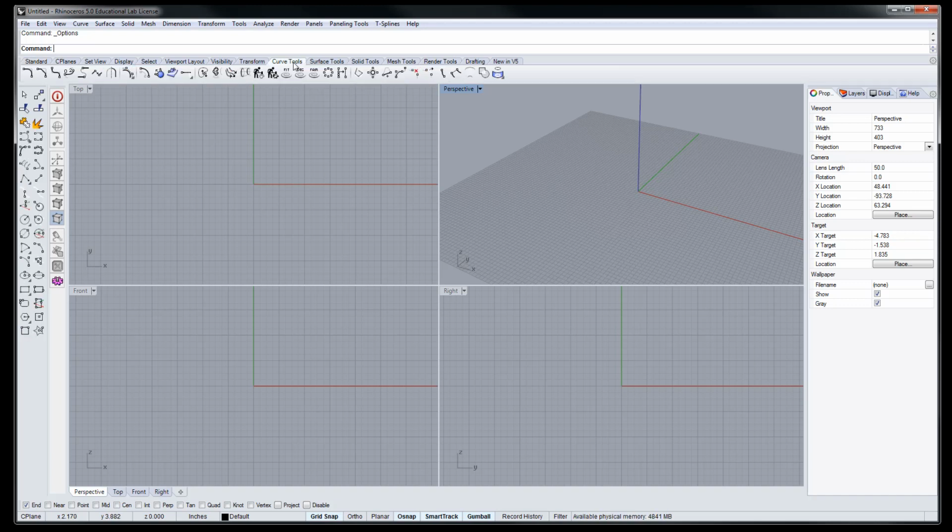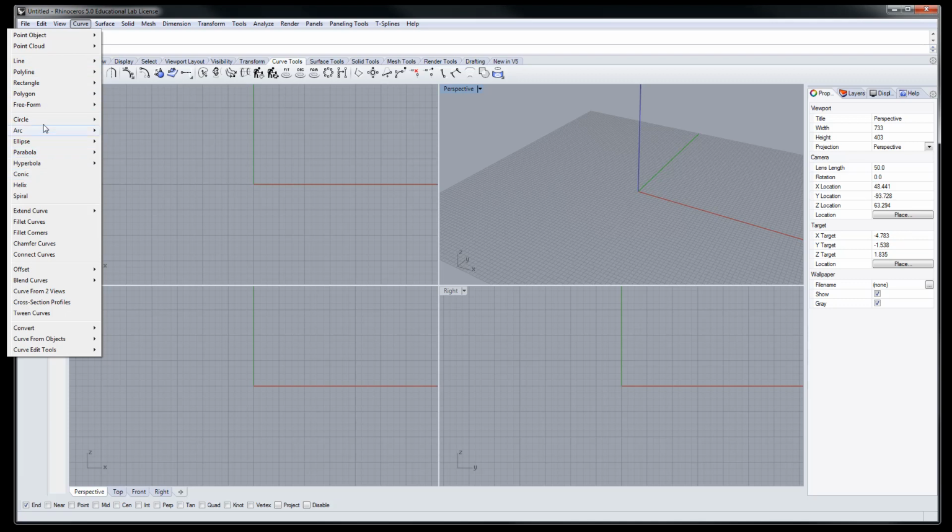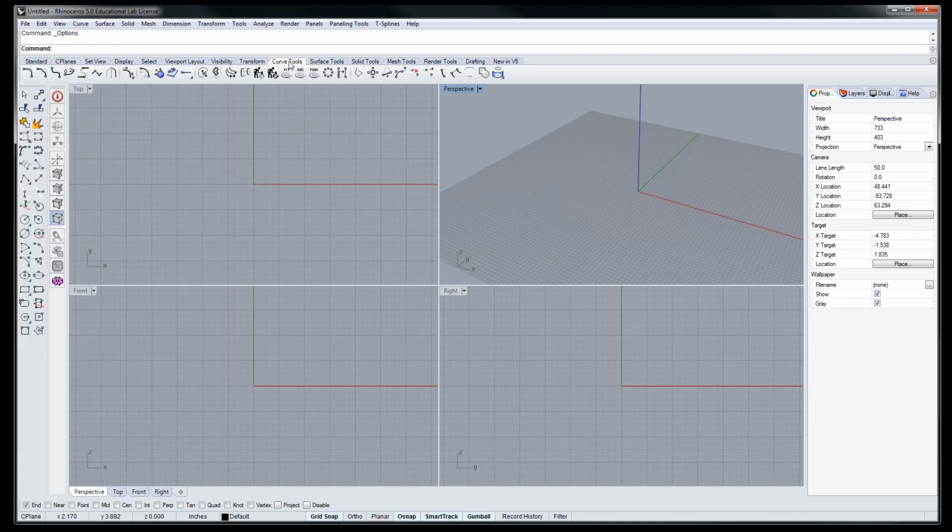So you have the curve tools as an icon. So instead of going to the pull down menu and selecting a circle or whatever, you might select this curve tab tools and select these circles and stuff using these icons. Okay, so like I said, again, it is up to you on how you want to